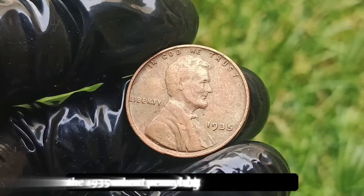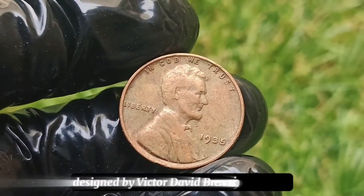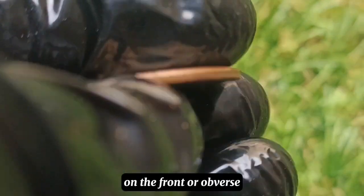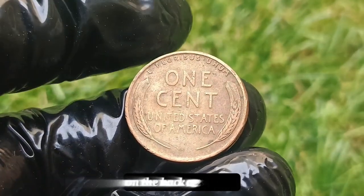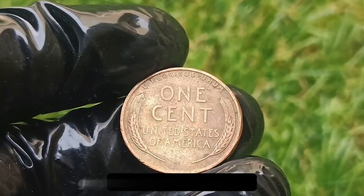The 1935 wheat penny belongs to the famous Lincoln cent series, designed by Victor David Brenner in 1909. On the front, or obverse, you see the profile of Abraham Lincoln, the beloved president who guided America through the Civil War. On the back, or reverse, are two wheat stalks circling the words 1 cent, giving the coin its